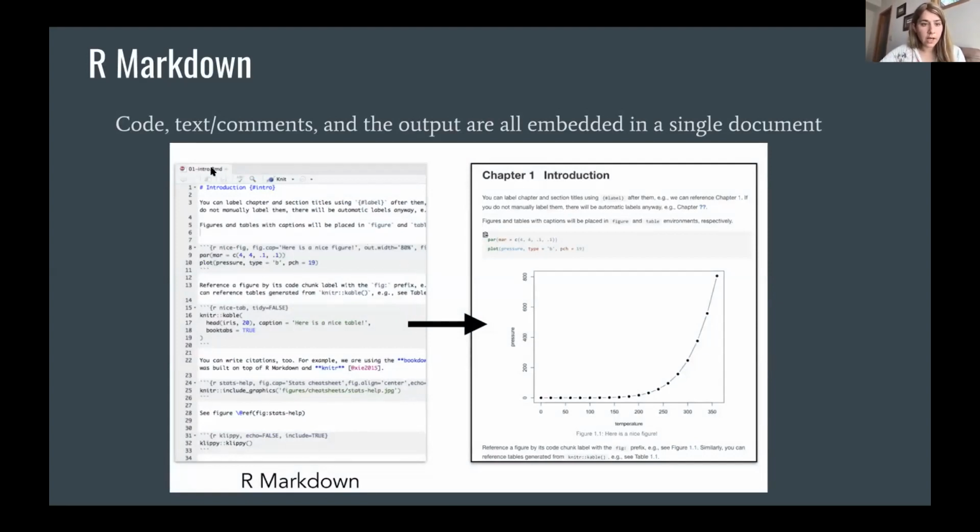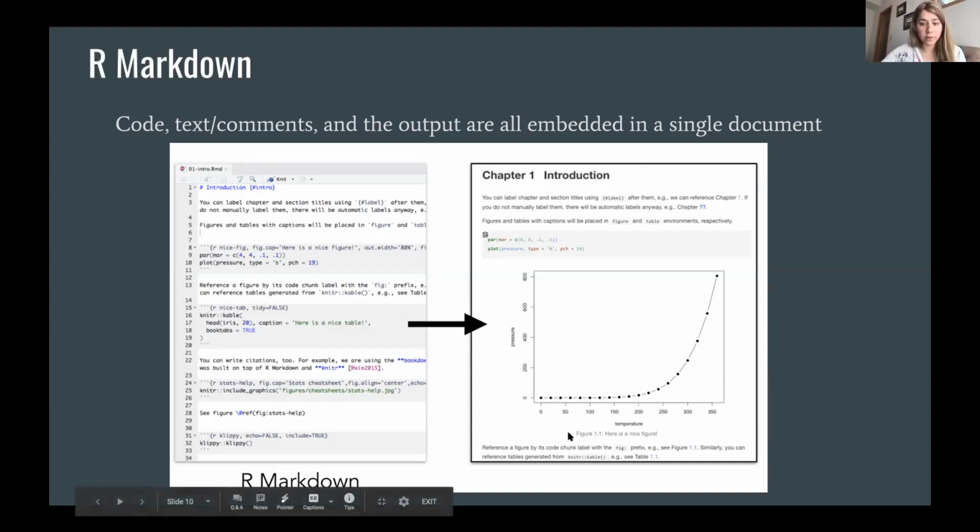You have this page here, which is the R Markdown, and here they're saying introduction, and they have a bunch of text, and then they have these gray areas, which is where the code actually runs. Here they're plotting this pressure plot. And then there's this thing called knit right here. At the very top of your R Markdown, you can specify if you want the output to be a PDF or a web page and whatnot. Then you can run knit, and it knits the document, and this is what comes out.